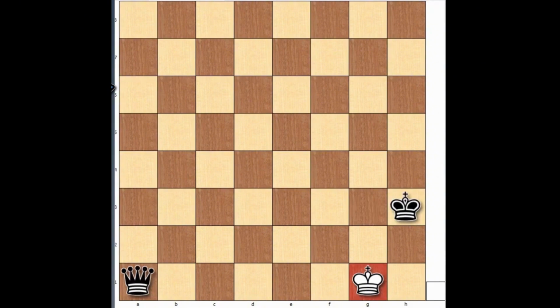The second way to escape check is to move the king to a square where he is no longer in check. In this example, the queen is attacking the square where the king is, so he is in check. Which of these squares can the king move to where he will not be in check? If he moves to f1, he remains in check. If he moves to h1, he also remains in check because the queen controls that rank. Here, on h2, he can't go because of the opposition rule. Here, on g2, he can't go either. And what about f2? That square is available, so the king can escape to f2 and thus he gets out